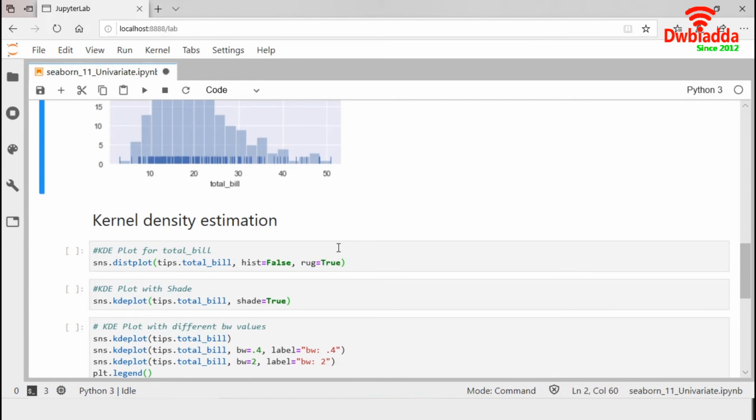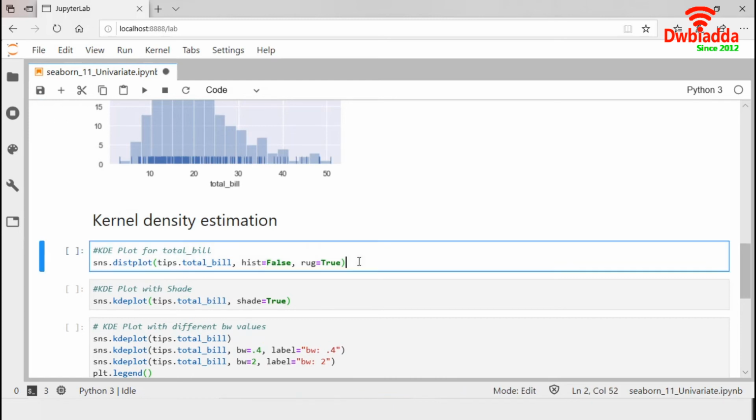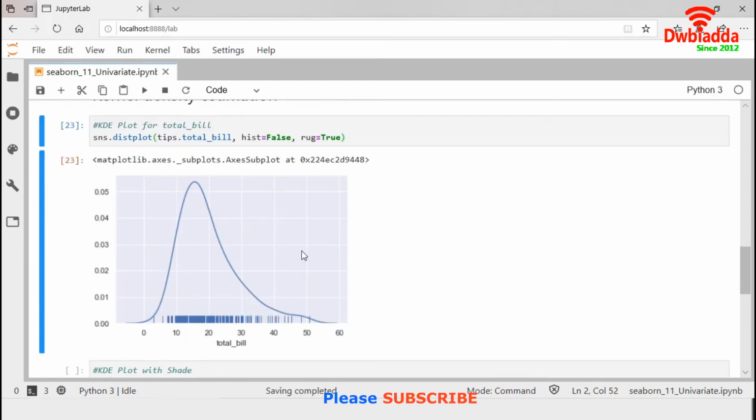Now we will concentrate on the kernel density estimation plot. It is a very useful tool for plotting the shape of a distribution. Like histogram, KDE plots encode the density of observations on one axis with height along the other axis. We already know that the default plot of the distplot function is a histogram with KDE plot. We can generate only the KDE plot, just by disabling the histogram. So this is the KDE plot without histogram. As rug was true, it also generates the rug plot.